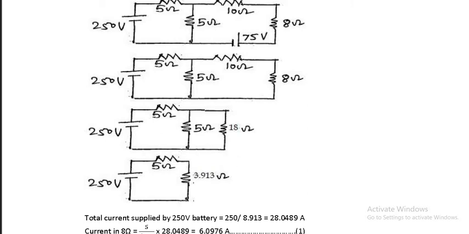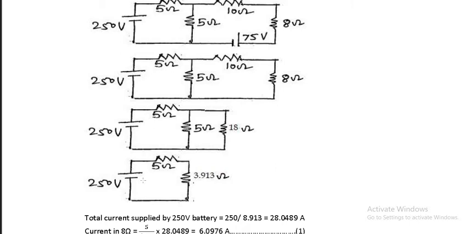Okay, so this will be 3.913. One more thing to be told over here is that the parallel combination value will always be lesser than the lesser value. So if it is a parallel combination of 5 and 18, it has to be lesser than 5. If it is a parallel combination of 400 and 0.4, let us say, the value has to be lesser than 0.4. That is the way you can tally the answer, whether you are going in the right direction or not.